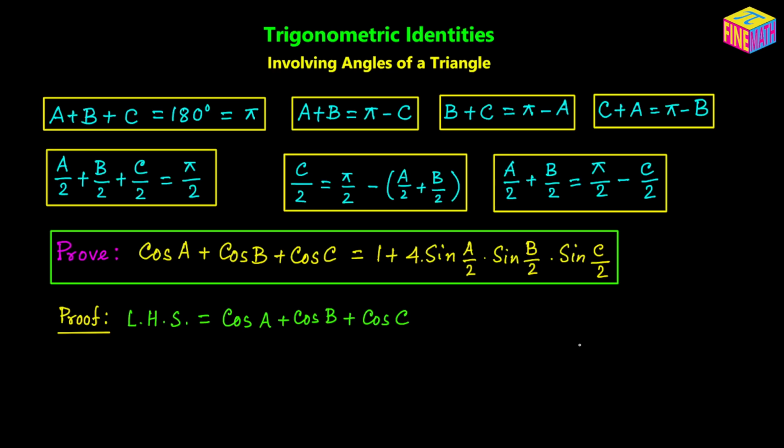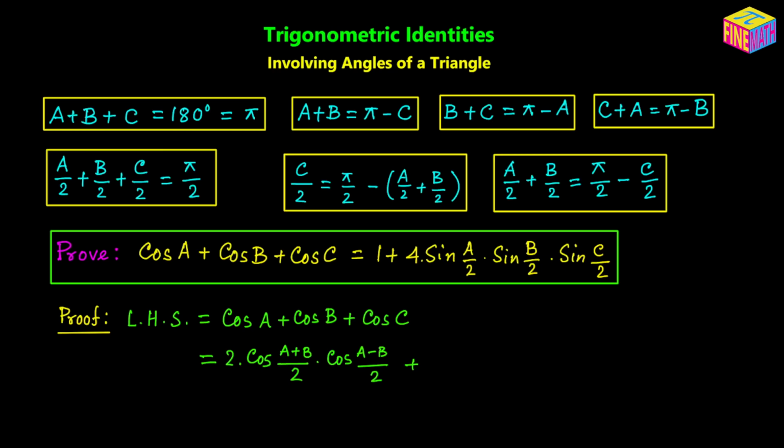Here the left hand side is equal to cosine of A plus cosine of B plus cosine of C, and from here we are going to do a few rounds of transformation and then finally we will arrive at the right hand side value. Now from here, can we convert the first two terms into a product form? Then that will be 2 times cosine of (A plus B) over 2 times cosine of (A minus B) over 2 plus cosine of C can be written as 1 minus 2 times sine squared of C over 2, because